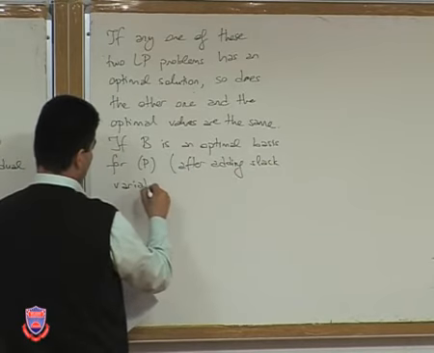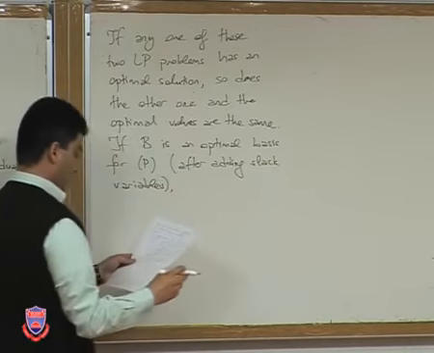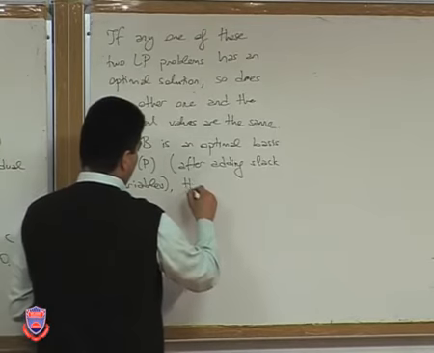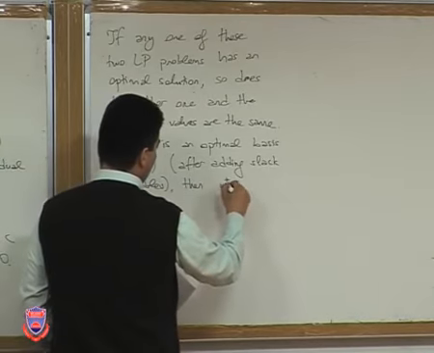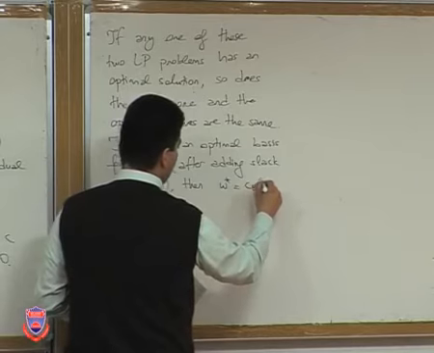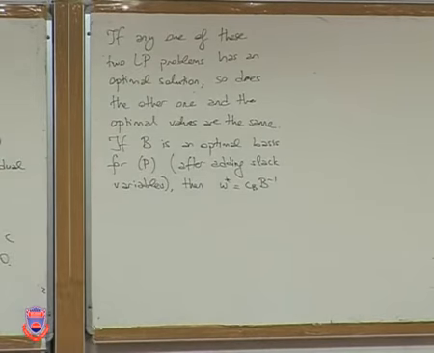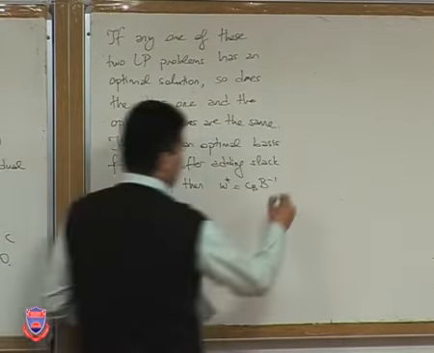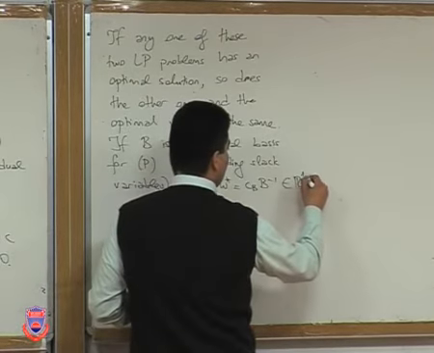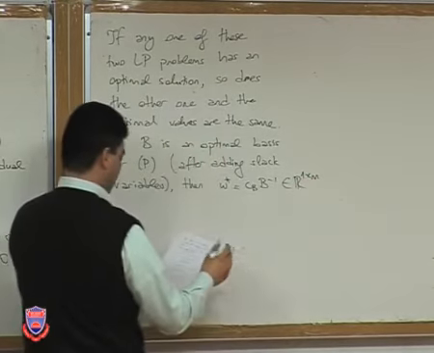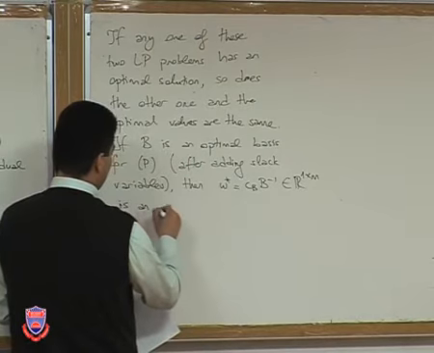then the solution given by W star, which is equal to CB times B inverse, and if you recall, I told you this was important when we discussed the simplex method, turns out to be an optimal solution of the dual problem. So W star, which is a 1 by m dimensional vector, or an m-dimensional row vector, is an optimal solution of D.